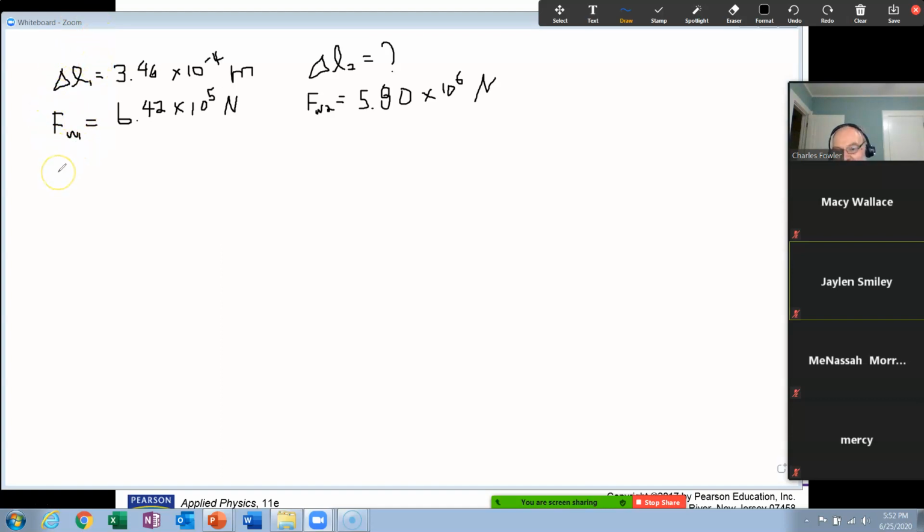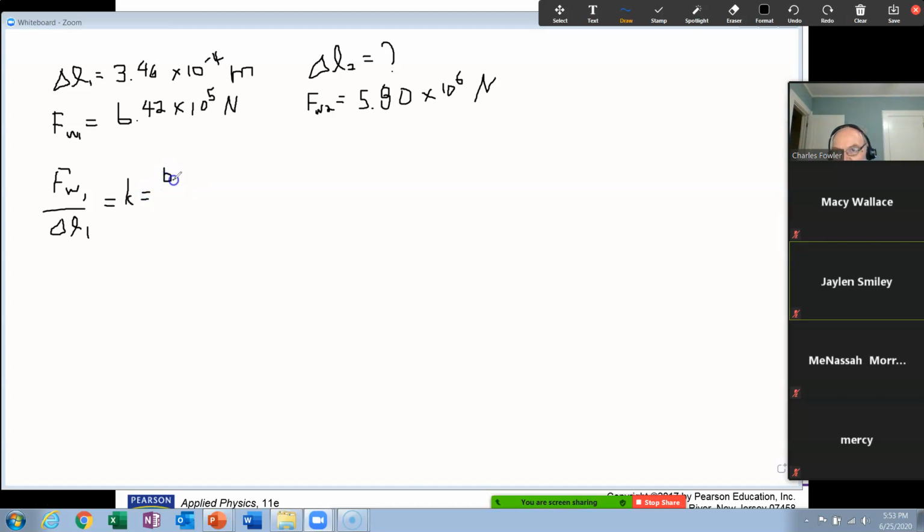And what is that? F sub W1 over delta L sub 1. That will give you Hooke's law constant. It's the same column, so you don't need to call it a K1. That's just a K for this column. And let's see what that is. That's